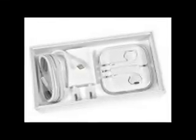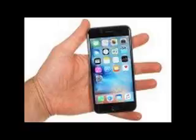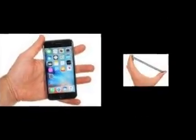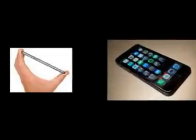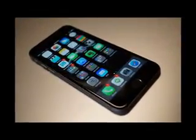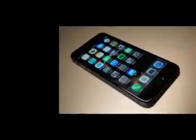Key features: metal unibody, 7.1mm slim, 143 grams of weight, LTE connectivity, Cat6, 300 Mbps downlink, 4.7 inches 16M color LED backlit IPS LCD of 750x1334px resolution, 326 ppi. 3D touch technology recognizes levels of pressure, brand new taptic engine for better feedback, ion strengthened glass, oleophobic fingerprint resistant coating, dual-core 1.8 GHz Cyclone 64-bit CPU, 2 GB of RAM, Apple A9 SoC, Apple iOS 9, 12MP f/2.2 camera with True Tone LED flash, phase detection autofocus, 2160p at 30 fps,